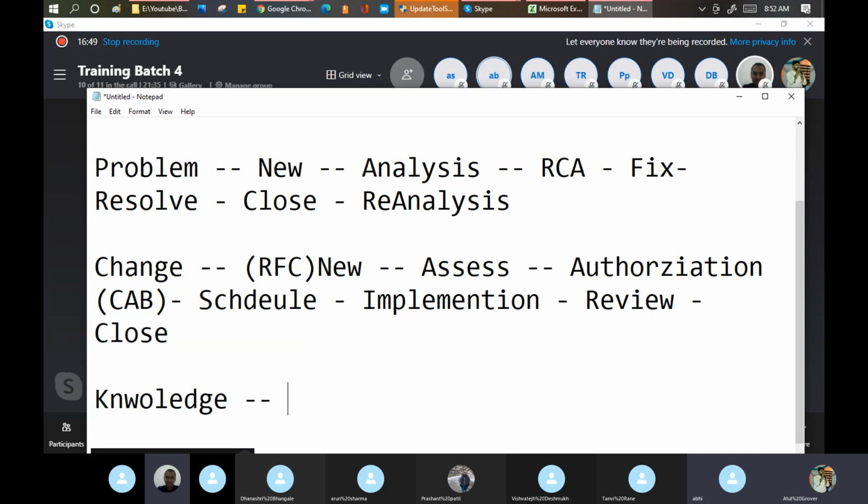When I create an article, it is in the draft state. From draft, it goes for approval. Suppose I write a document on how to open a browser, and I send it to Vinuj or Nikhil to review. Once the review is done, they send it to Arun, my knowledge manager. Arun will publish it.